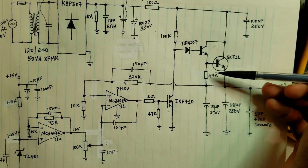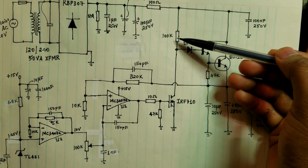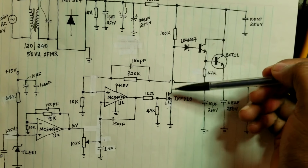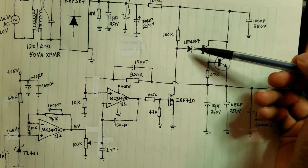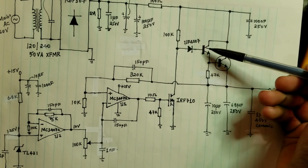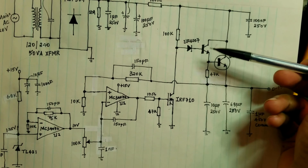Because if you only use one transistor, then this resistor has to be smaller. So if it's smaller, then it's going to draw quite a bit of current through here while the regulation is going on. So in that case, this needs to be a power resistor, and it's not pretty. So that's why I opted to use Darlington. So just use two transistors. Yeah. So in my final circuit, I'll use